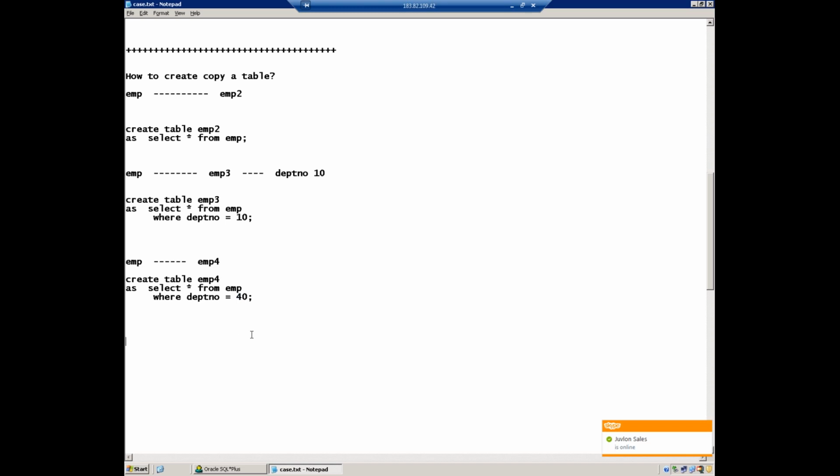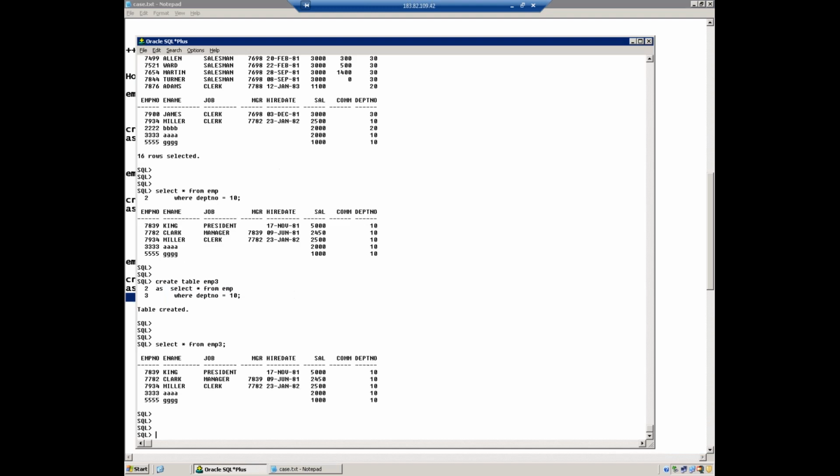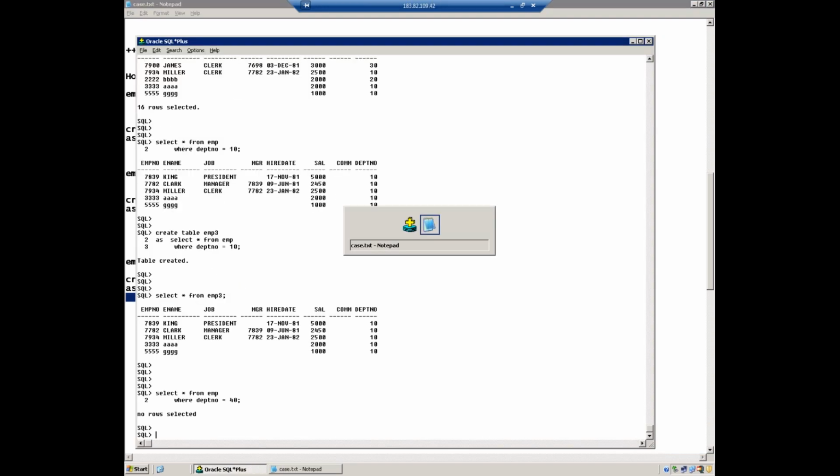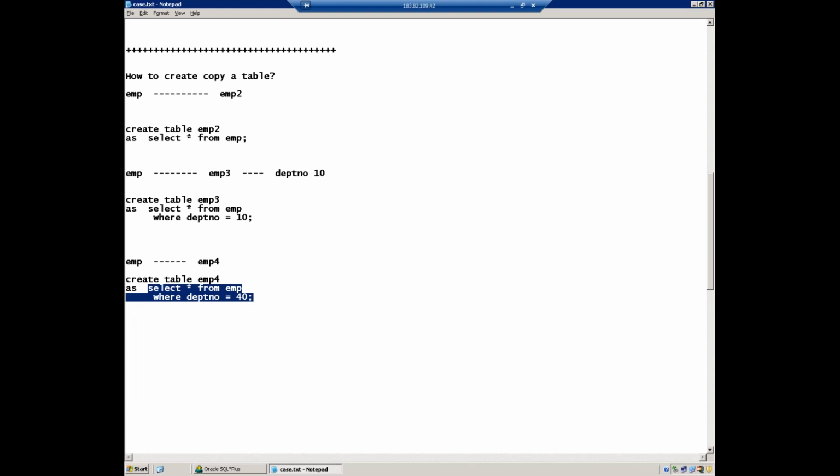The general practice, you can also write where department number equal to 40. Because in department number 40, you do not have any rows. So no rows are selected. When no rows are selected, only the table gets created. The structure will be created, the data will not. Or instead of checking for a condition which is false for all the rows, the standard practice is 1 equal to 2. First, let's understand the individual statement where 1 equal to 2.